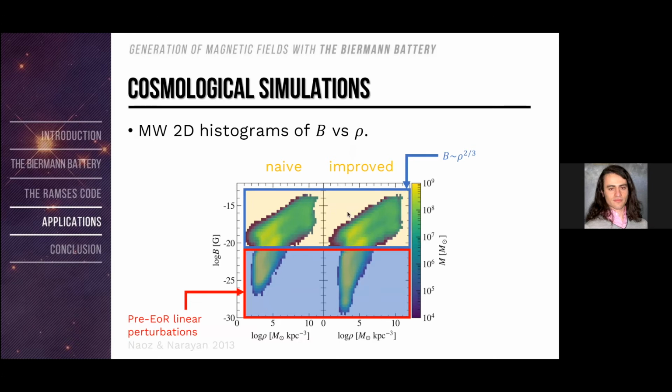And on the top row, we can see the more classical behavior expected for large-scale magnetic fields, which is to say that it scales as density to the power of 2/3. This is an expected result. But what is striking is that this upper region spans over a large range of magnetic fields where it is supposed to be basically just a thin diagonal line. So let's zoom on this particular area.